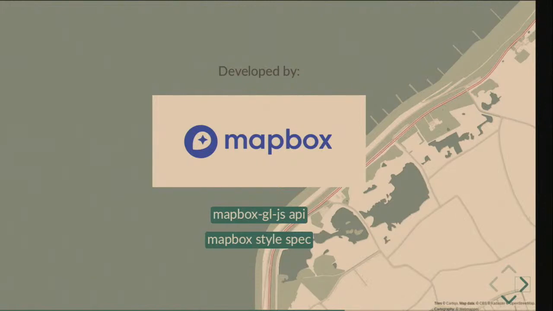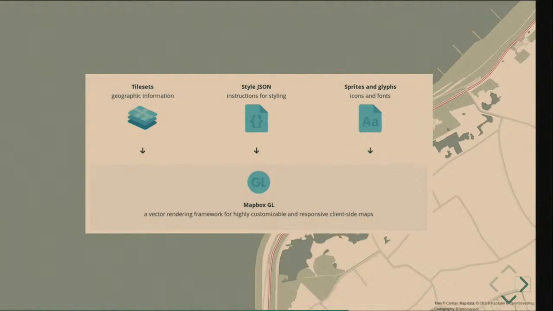But I use the Mapbox.gl JavaScript API, and then for the styling, they have a Mapbox style specification. You can find them behind these links. And what does Mapbox do? You provide your tiles, you provide a style, you provide information about fonts, and then Mapbox renders this all in the browser into your interactive map.